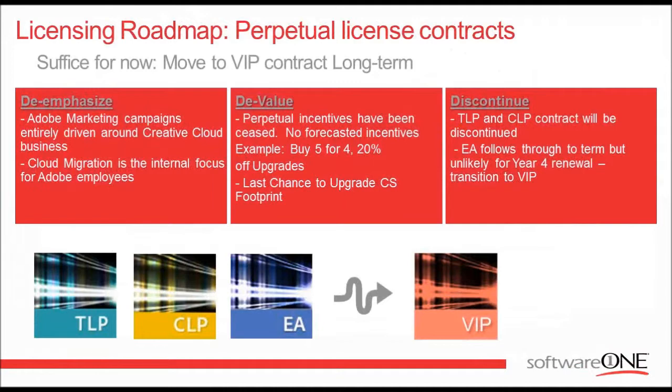The next step for Adobe in this kind of transition is going to be the devaluing of the contracts itself. In the past, Adobe would have 3 or 4 incentives throughout the year. So they'll have buy 4, get the 5th free for Acrobat, 20% off certain products. They've run incentives in the past, such as you can aggregate the points that you've earned under certain contracts and apply them to a higher level contract.